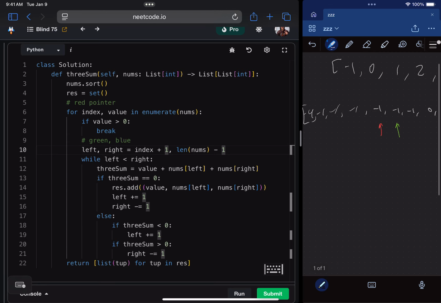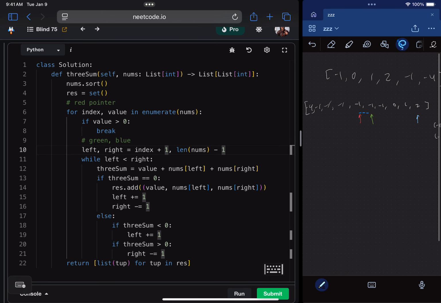Let's say there were a bunch of negative ones in a row. We don't need to look through all of these, right? It's not helpful for us to do this. As soon as we find a match where we have a -1 here, we're going to find all the combinations that use these. And then when we shift over, it's going to be the same combinations and the same combinations and the same combinations. So another thing that we can do here is we can say